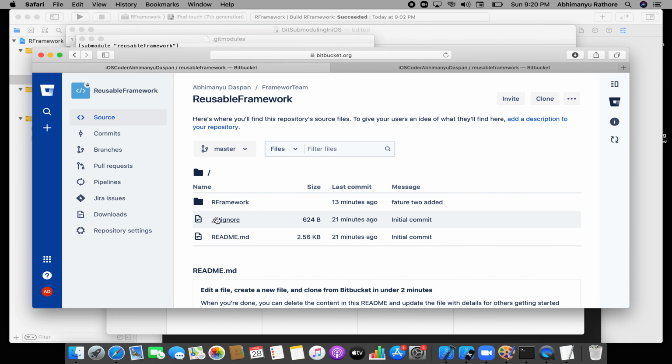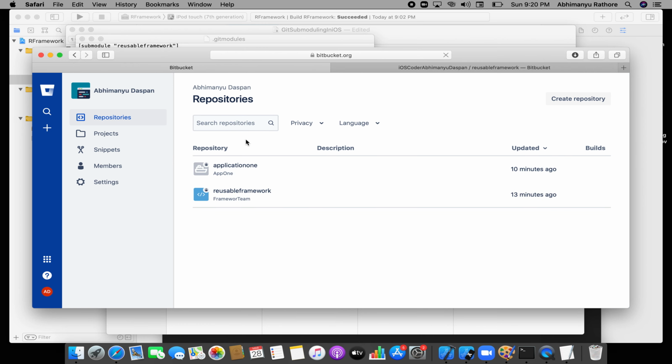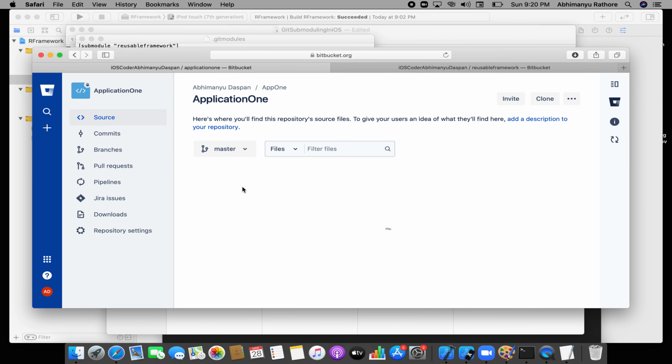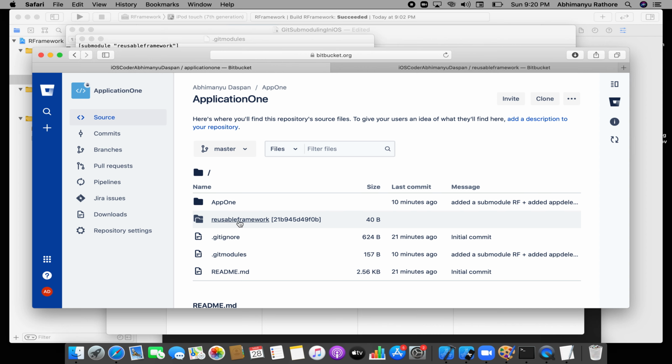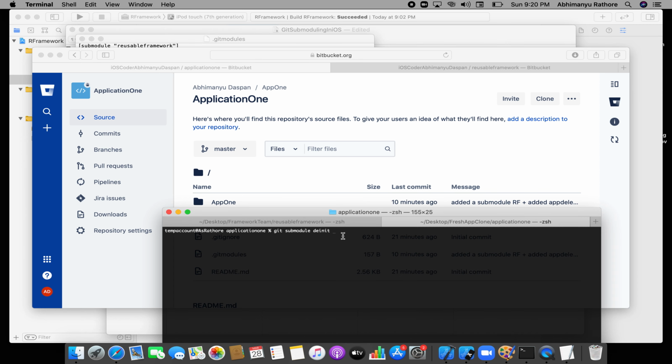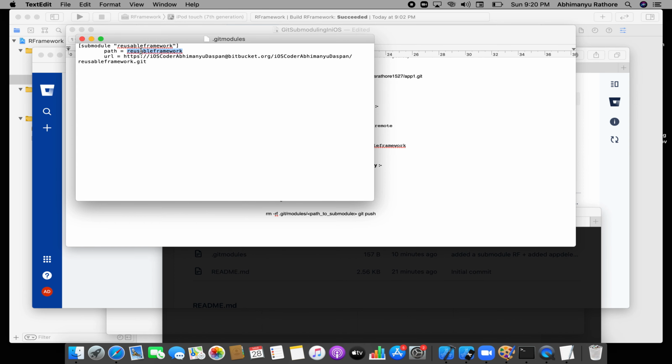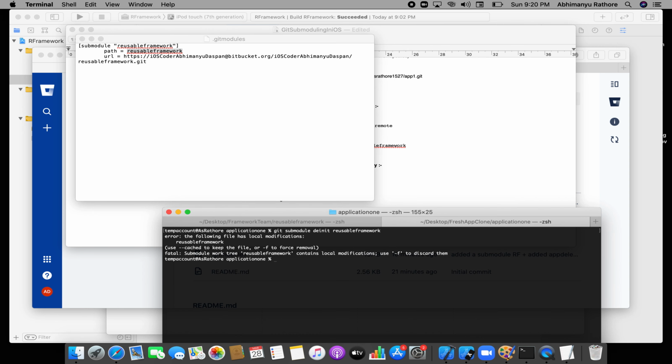Like if you see inside this, one repository is available, my application, and inside that the submodule is this one. I want to remove this, right? How will I do this? So git submodule deinit, my path. I'll get this path from this .gitmodules, and once I hit this, it